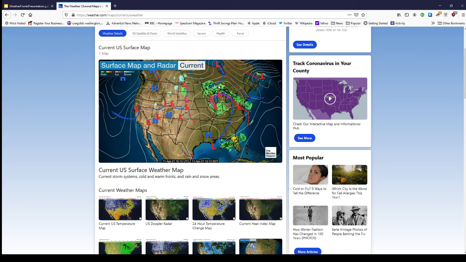So we have this line here, this occluded front here. This cold front here. Okay. Now we also have this occluded boundary or stationary boundary here. You can see it's represented by the blue and red alternated triangles here. So look, we have a stationary boundary here. It's also an occluded front because you see the purple line extended all the way down.